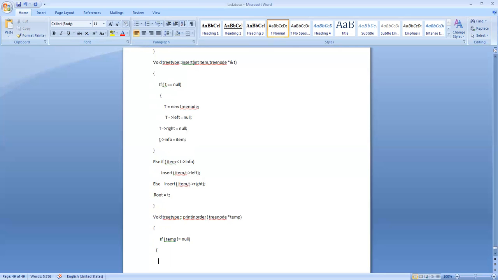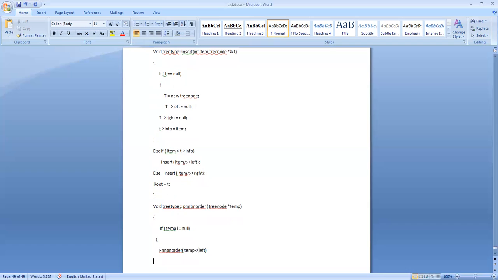First we go to the left child, then print the parent, then the right child. So I move to the left child first of all, and I call this recursively: print in order temp reference left.